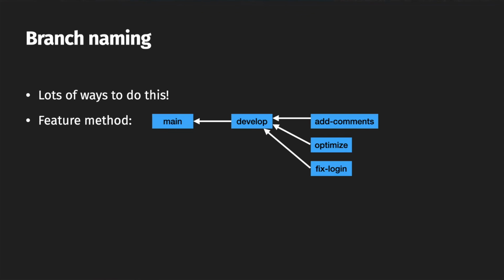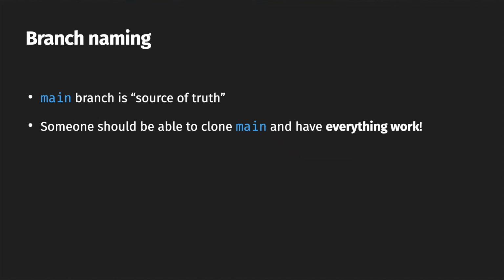So yeah. Now you may ask, why do we have a develop branch? Why don't we just merge directly into main? This is another best practice, and I've only seen one repository not do this. Main branch is the source of truth. Someone should be able to download or clone the repository, be on the main branch, and